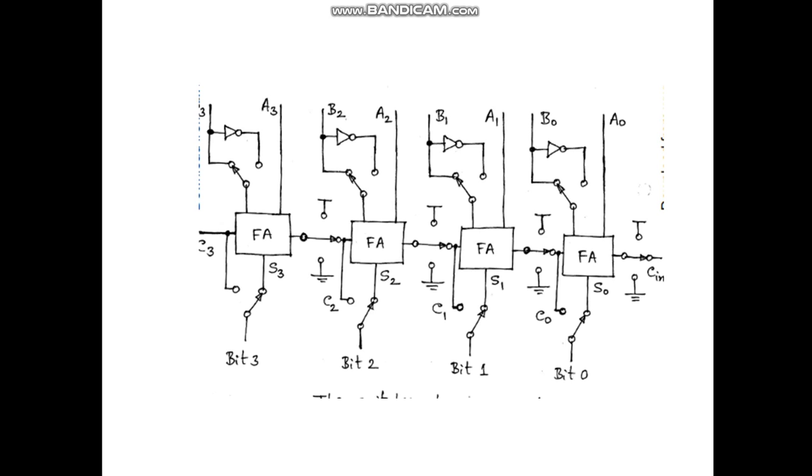Here in this particular diagram you can see four full adders are connected. That is n-bit operation where n is equal to 4, so four full adders we are using. We know that the sum as well as the carry of one stage depends upon the present input plus the carry that is being generated from the previous stage. So as the number of bits goes on increasing, the delay also increases. So let us see what are the different ways in which this delay can be controlled.